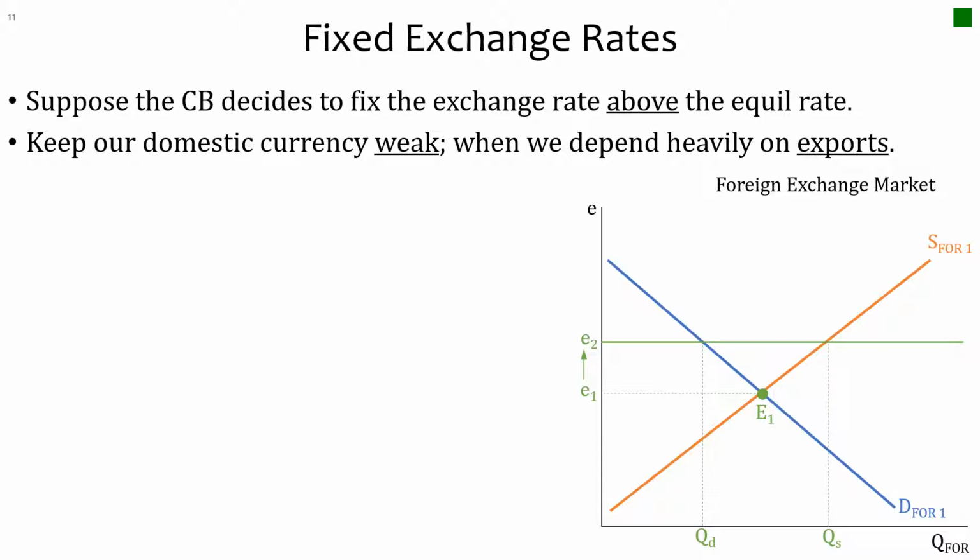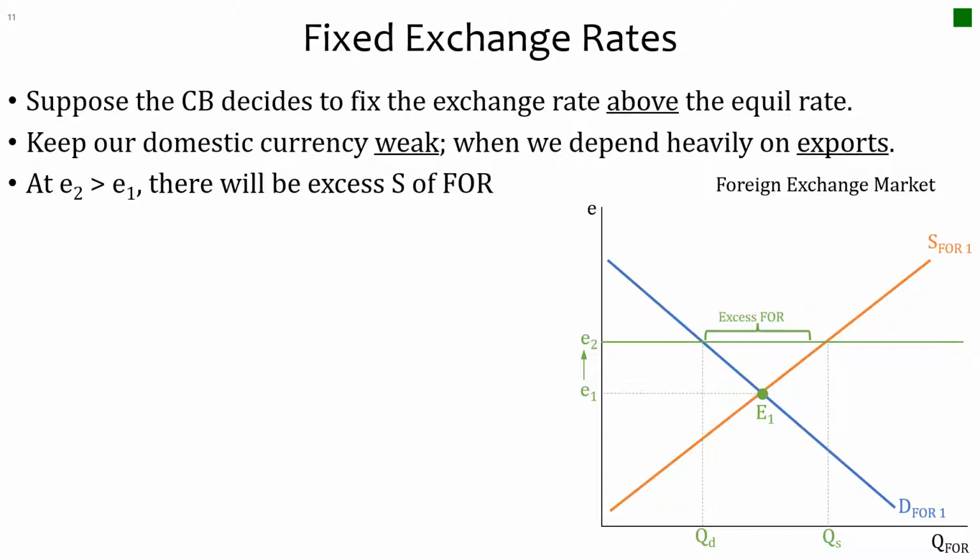You should be able to figure these out. Simply draw a horizontal line at E2 and see the intersection of D and S, demand and supply. The distance between QD and QS is simply a surplus, all right? That's excess foreign currency. So at E2, there will be excess supply of foreign currency, and that's called a surplus. And whenever there is a surplus of anything, there will be downward pressure on the price. So the price would tend to fall,